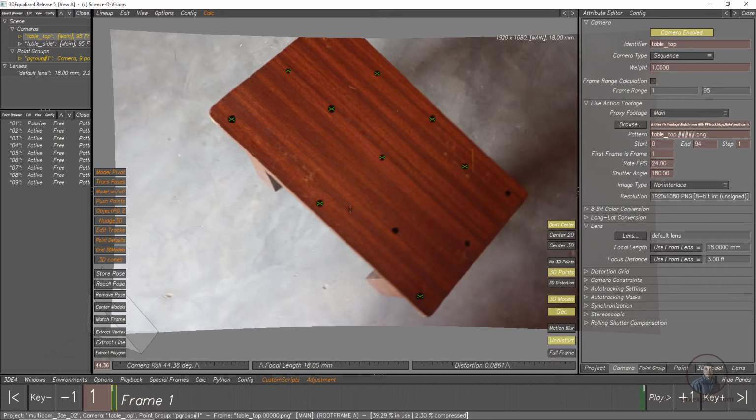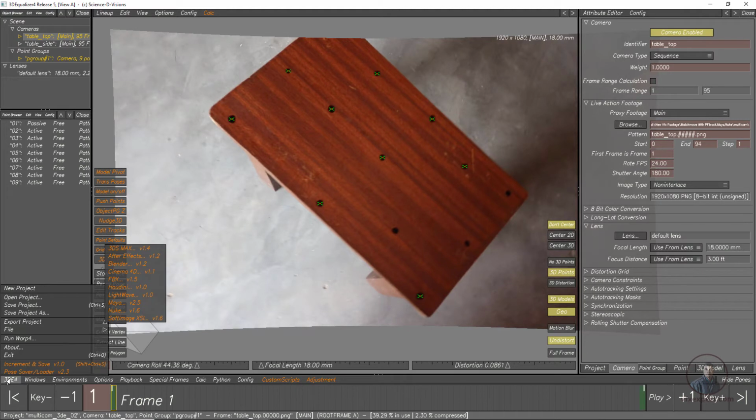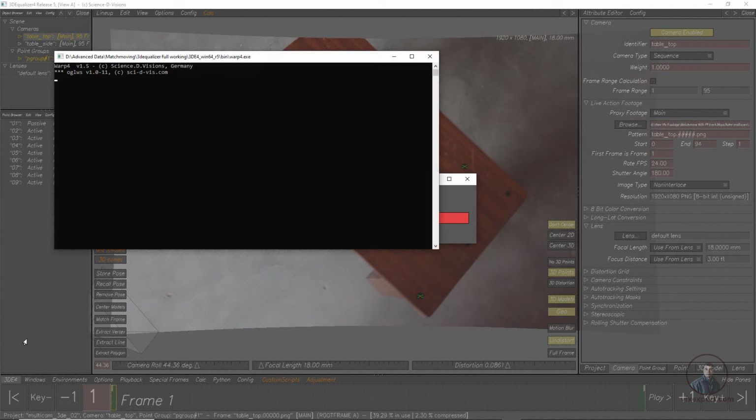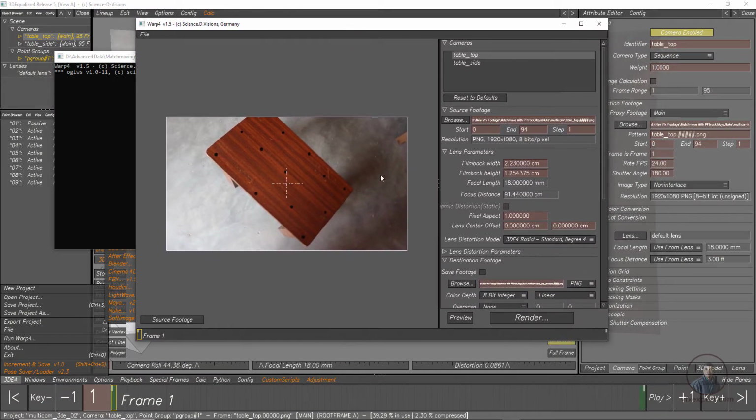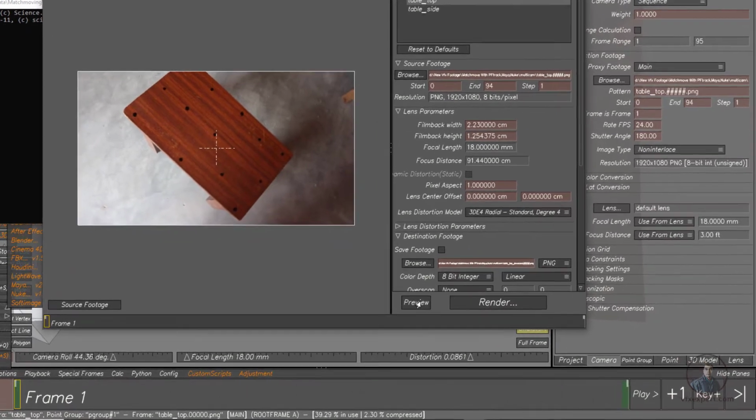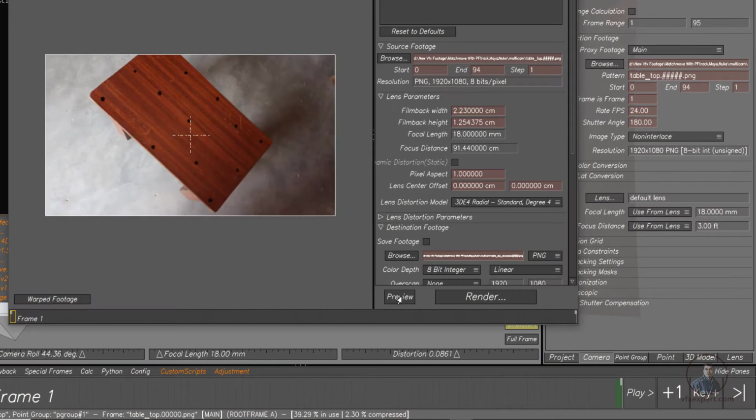Now here in 3D Equalizer, first we have to export the undistorted plate. I am going to export this top one here, then run Warp, then click on Preview. Now you can see this is our undistorted plate.